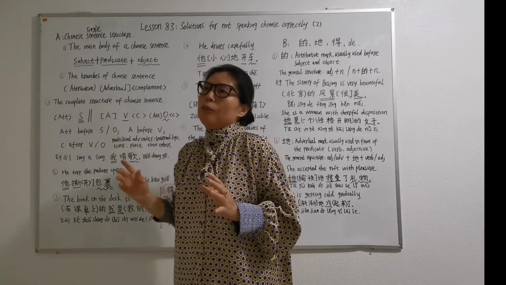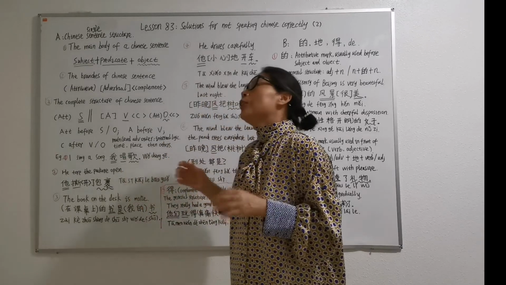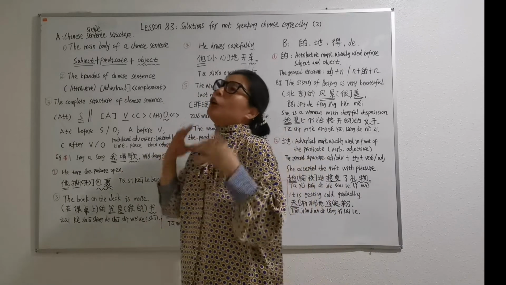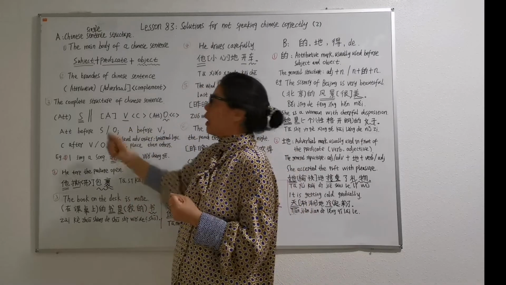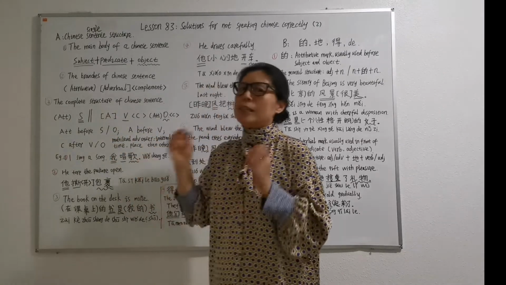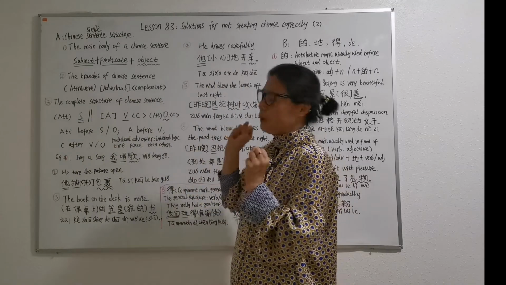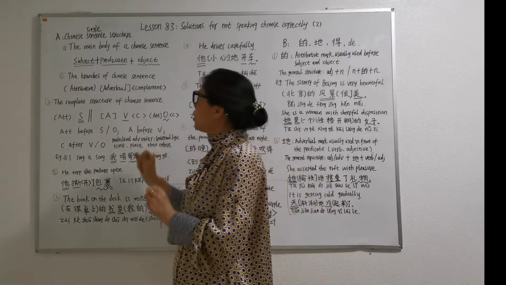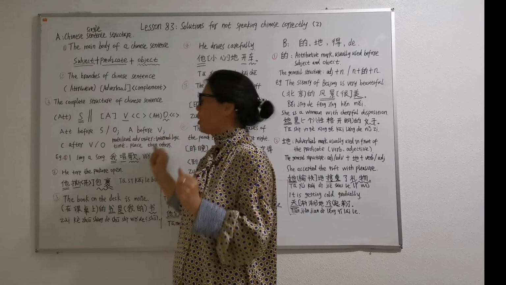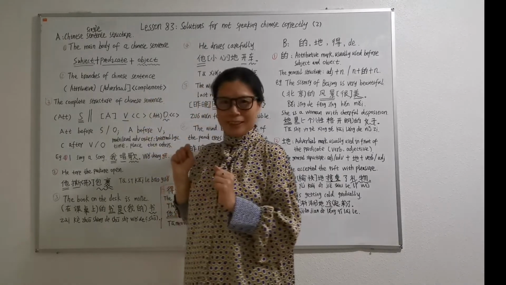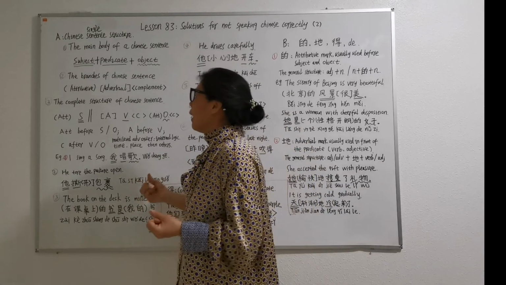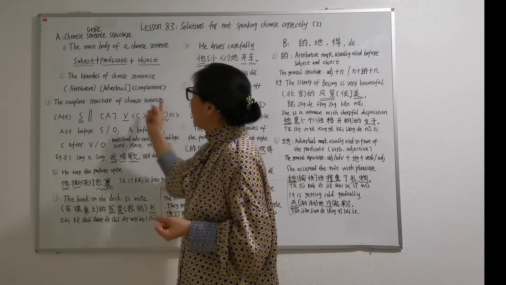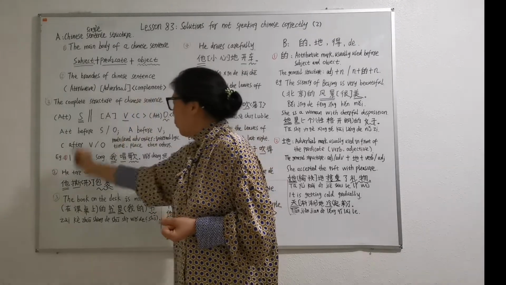Later, when you speak Chinese, you can compare your sentence with this whole structure: the main body of the sentence and the branch elements of the sentence. Okay? Now let's learn and understand the structure through